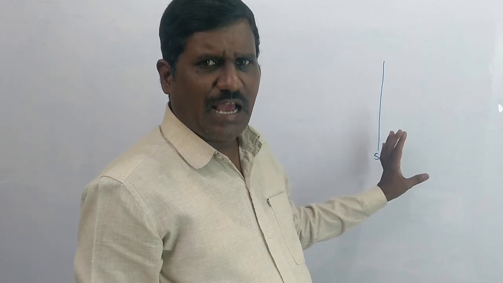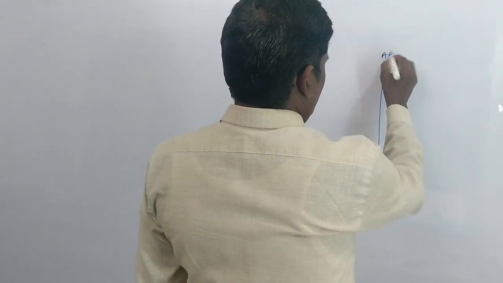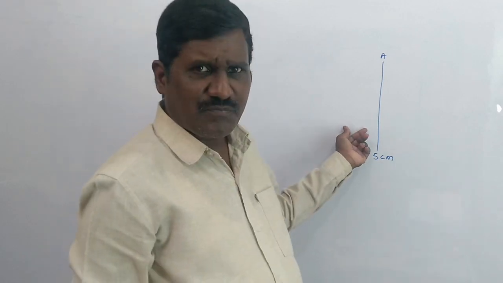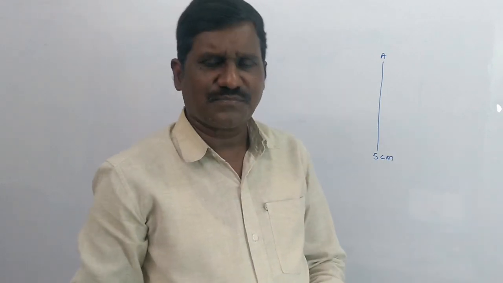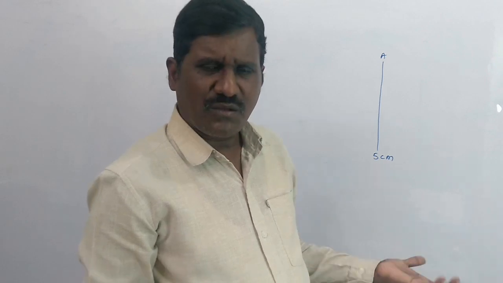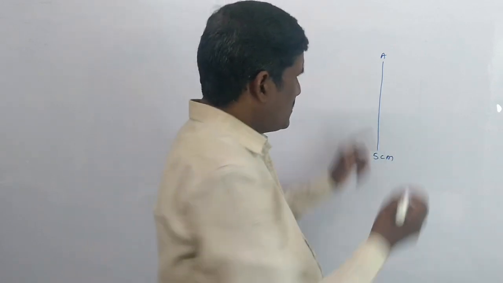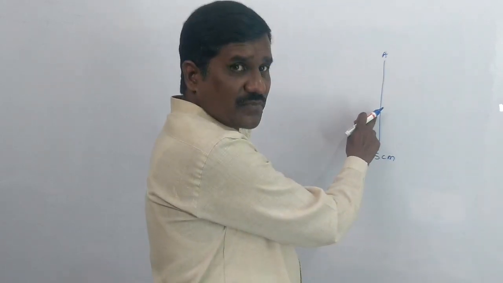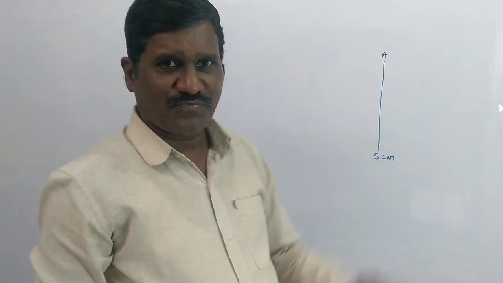But here I want to know one thing. This is curve A, a 5 centimeter curve. Is curve A short or long? Tell me. No, we can't say. Why? Suppose if we draw something bigger than this, it becomes small; if we draw something smaller than this, it becomes big. So when there is only one, we cannot decide.